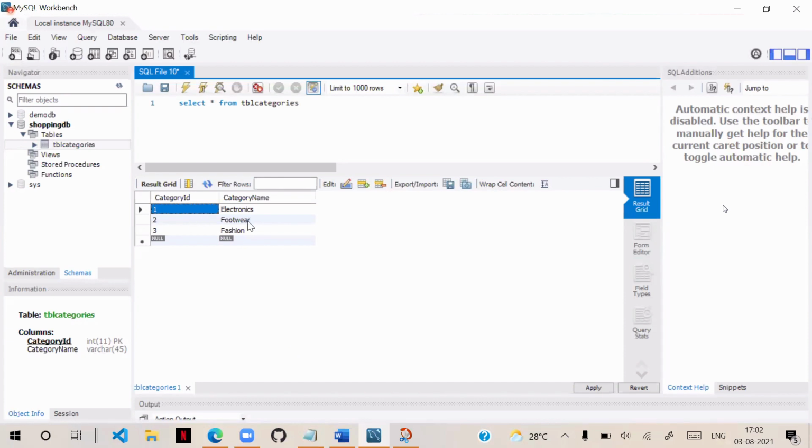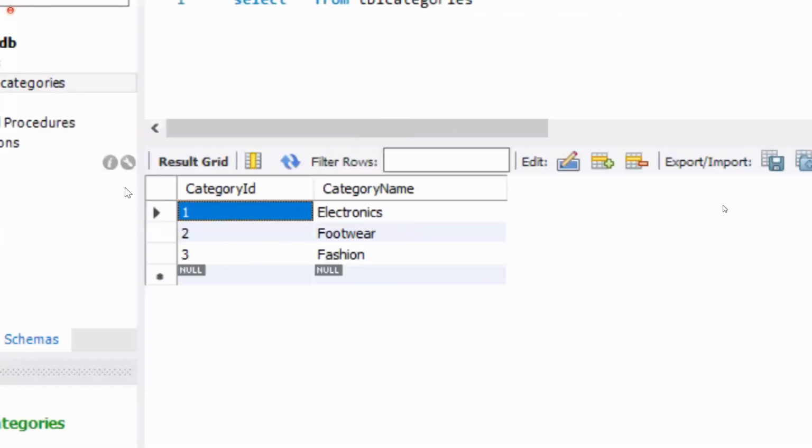Here, in graphical mode, you have options like edit row, insert row, and delete row. If I say edit row, it opens the edit mode and you make some modifications.